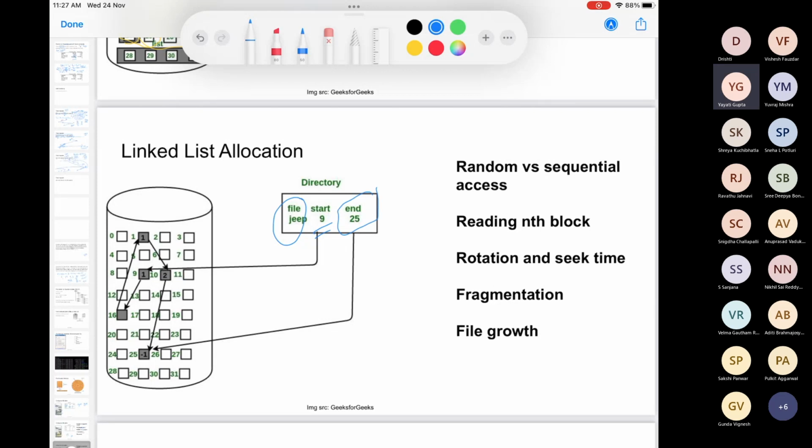The start location tells you in which particular sector you see your first block. Once you go to the first block, it will have a pointer which tells you where the next block of the same file is. It's the same thing which happens in a linked list. You go to that block, it tells you where the next block is sitting, and so on and so forth. The last block can have a null pointer, which tells you that the file is over.